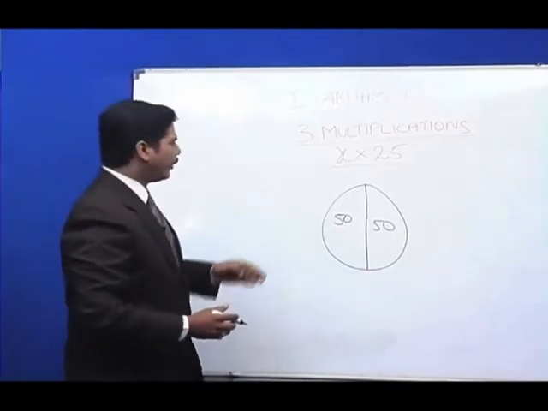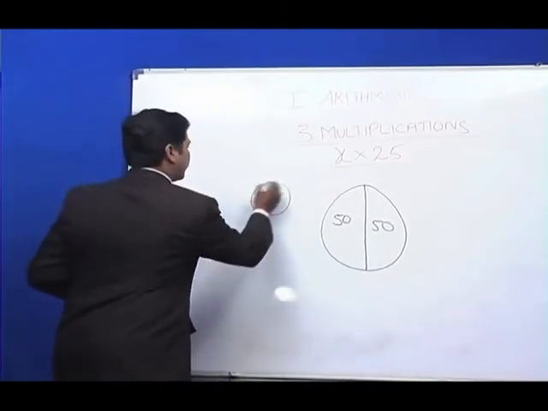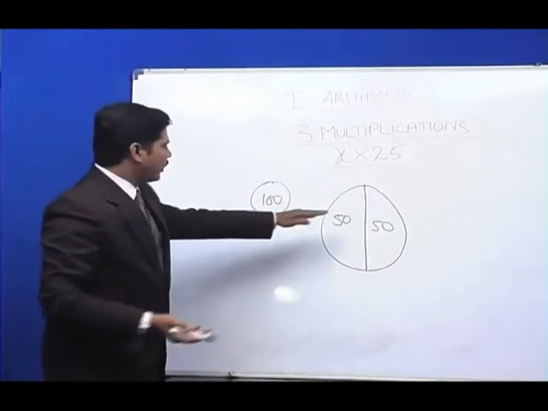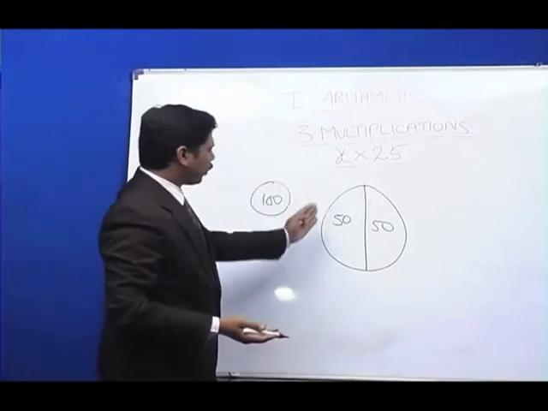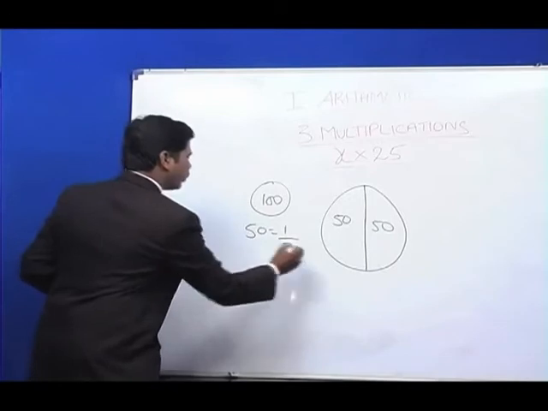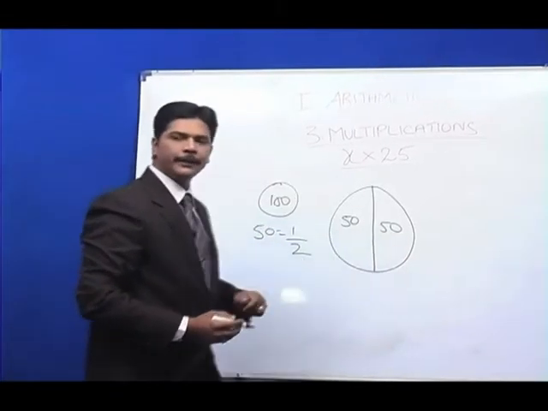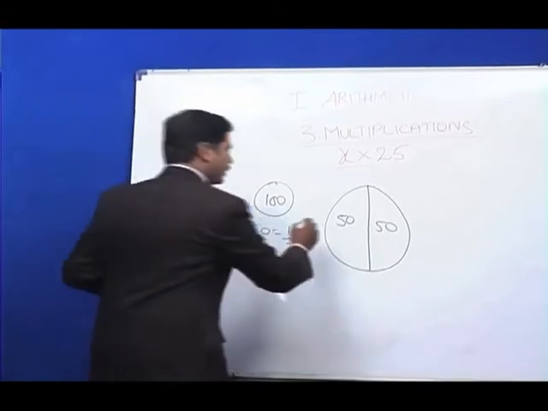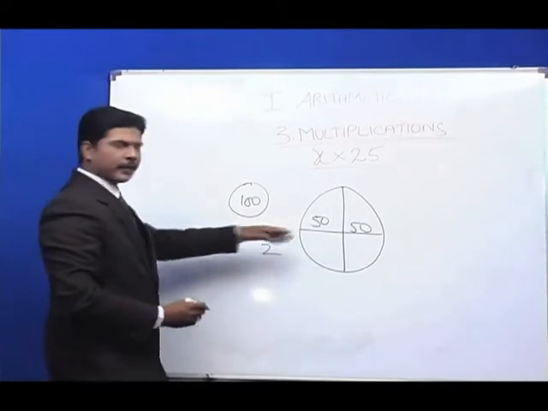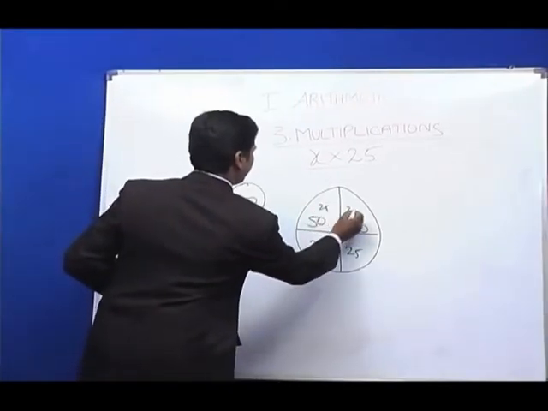50-50. If you are tearing the pizza into two pieces and saying 50-50, then what's the value of one pizza? It would be 100, as simple as that. So if you are making 100 into two parts and you call it 50-50, so 50 is also denoted by 1 by 2, or we say half. Now if you want to divide this pizza among four people equally, what would you do? You further divide it into half. So you make that 100 into four parts: 25 and 25 and 25 and 25.